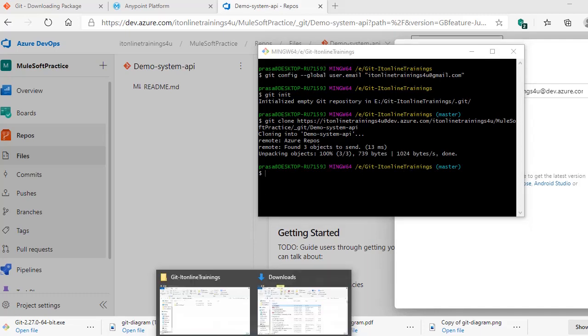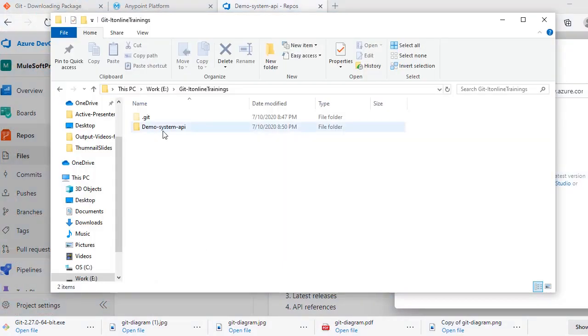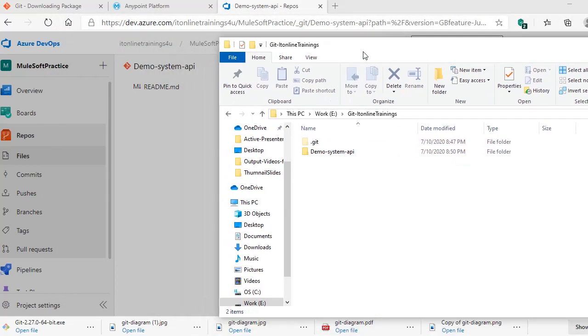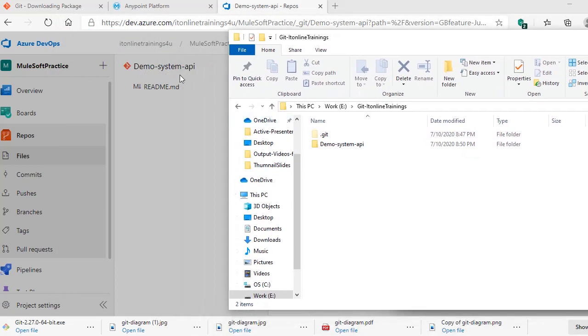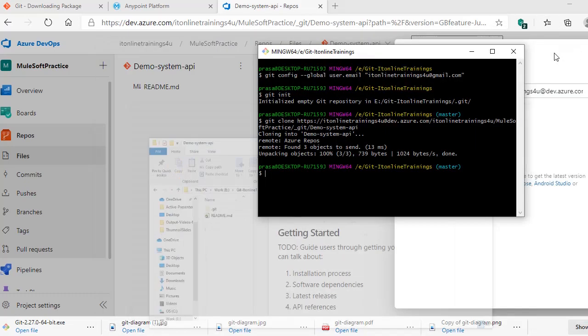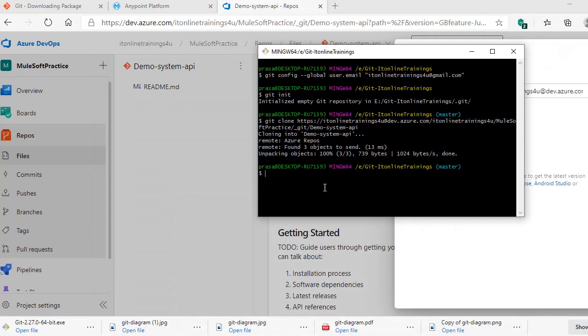If you go back to your folder, it will create a demo system API folder, with the same name as the central repository. This is the local repository, and here your code resides. If you want to commit code changes to this repository, you need to place the files here and commit them to your local repository. Then we need to push these changes to the remote repository. Hope you understand the difference between local and remote repository.